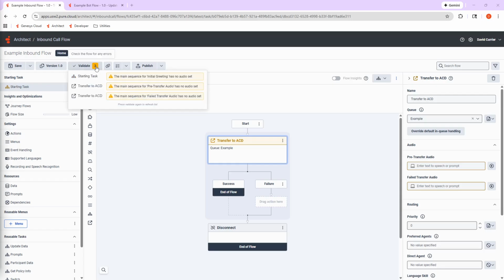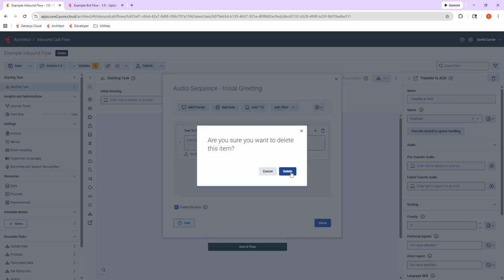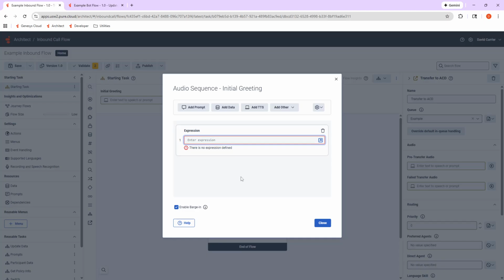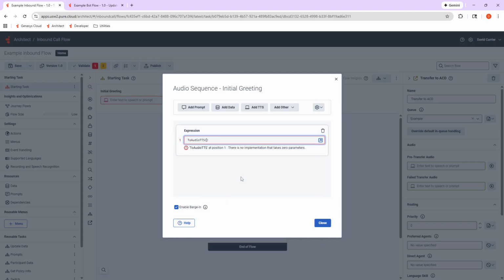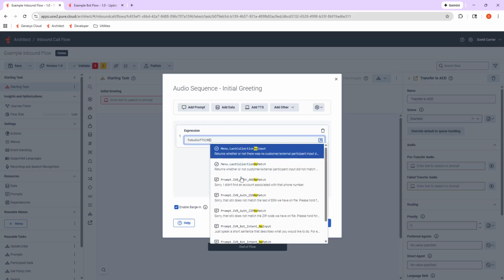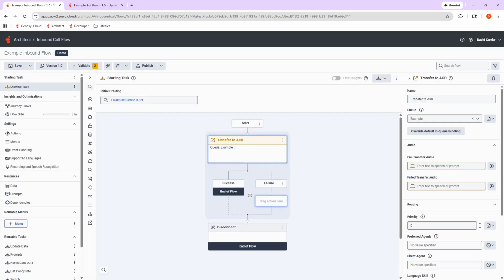First off, you see by default, certain elements in architect flows will generate warnings when no audio sequence has been set. And there's been a fair amount of debate about the best practice for this, but the current best practice is to use the expression to audio TTS, so using the to audio TTS function, and then pass in as the only parameter the literal not set value. The reason for this, rather than inserting blank audio or something else, is that using this expression will not trigger the audio subsystem at runtime, so it will make your flow a little bit more efficient, and it will get